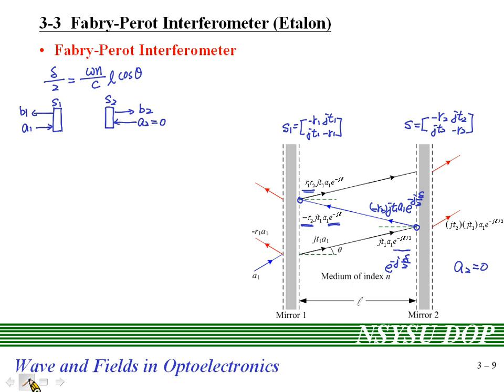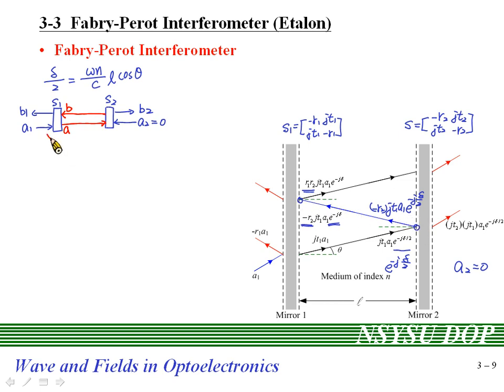Between these two mirrors, we have a lot of light beams going from mirror 1 to mirror 2. All the light beams that go from mirror 1 to mirror 2, we call A. And these light beams will be reflected by mirror 2, and again go from mirror 2 to mirror 1. As they arrive at mirror 1, the amplitude is set to be B. Okay, so B is all the light beams going from mirror 2 to mirror 1.